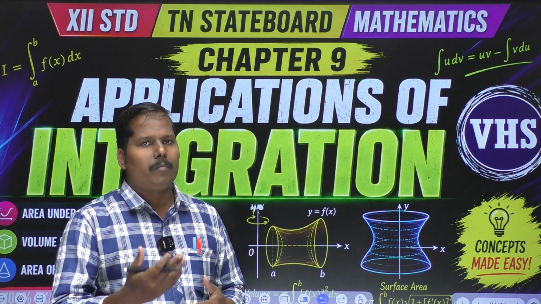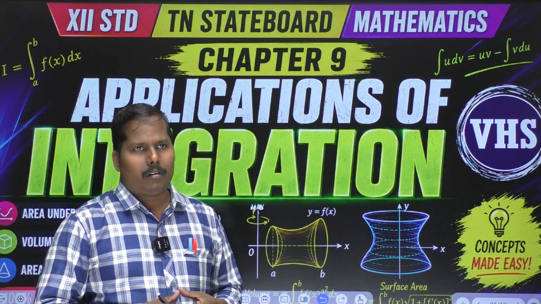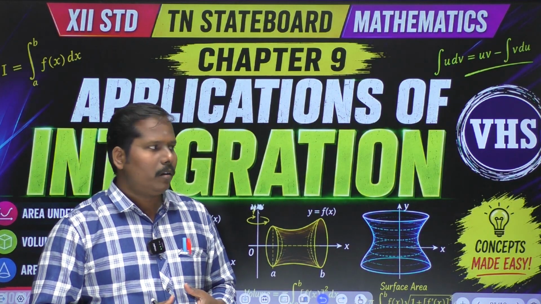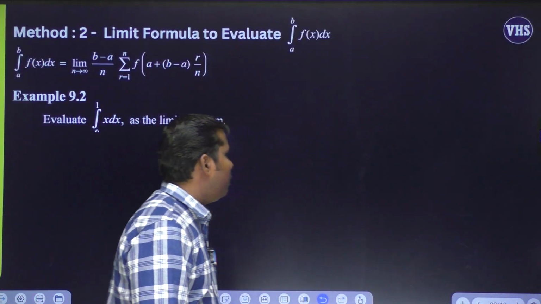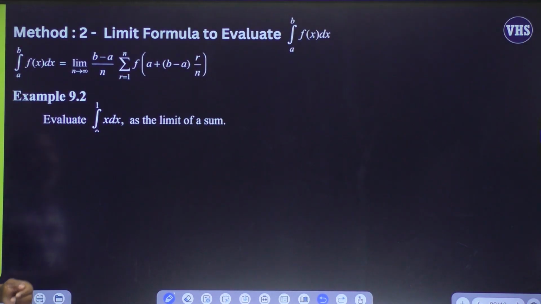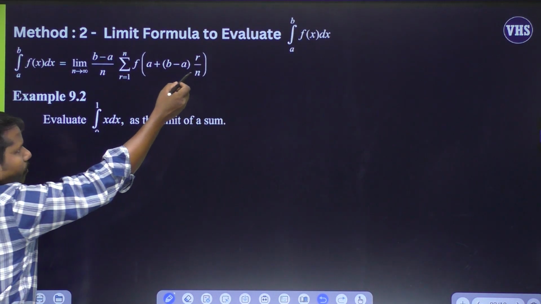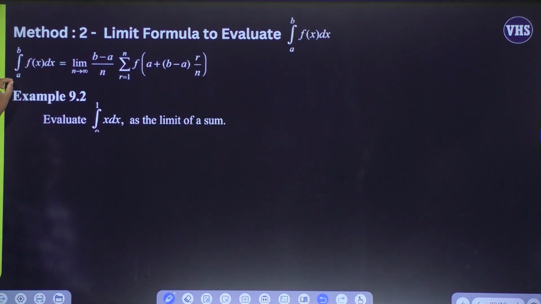Now it is time to go for method 2. Method 2 is called the limit sum formula. A new concept coming up. By using that, let us see how to find the value of the definite integral a to b f of x dx. Here is the method 2 formula. The limit formula to evaluate integral a to b f of x dx